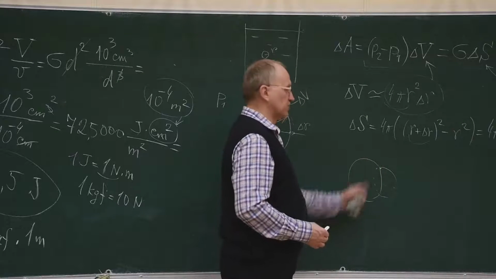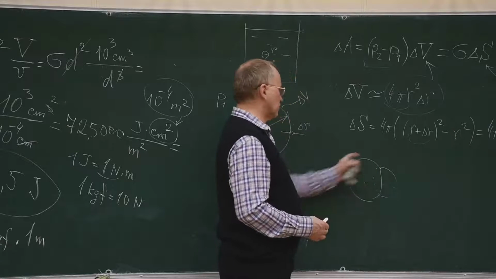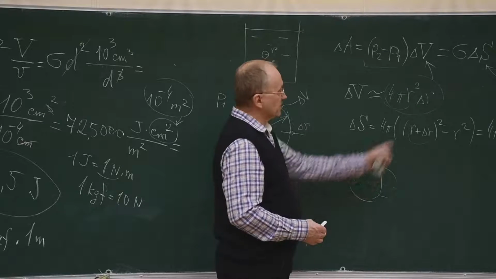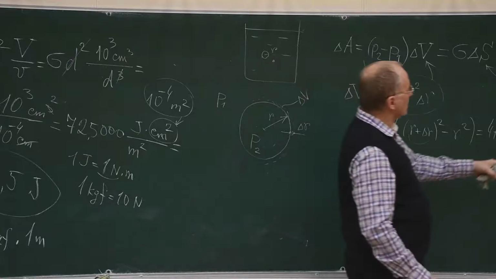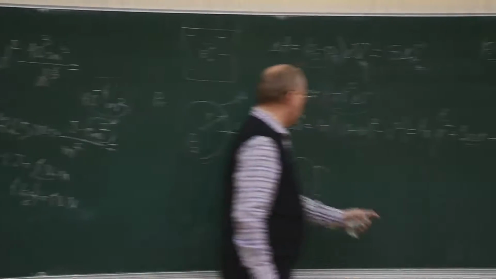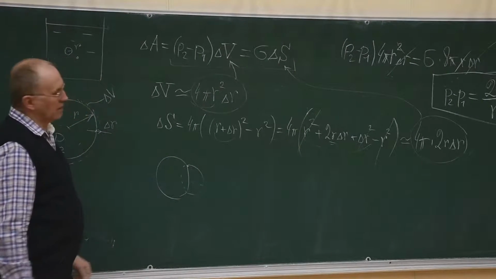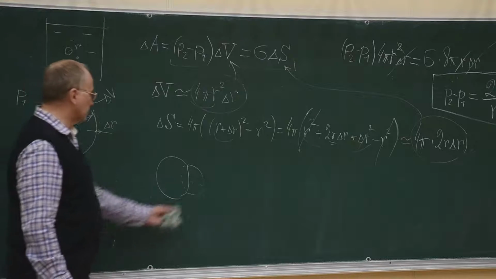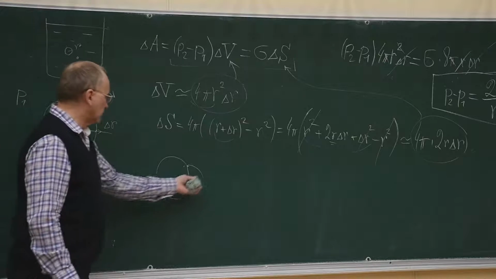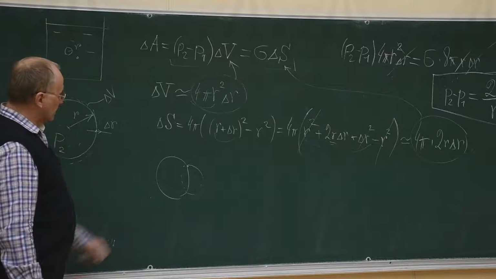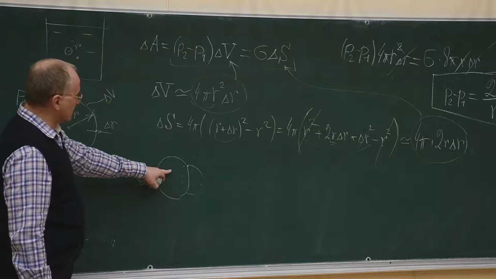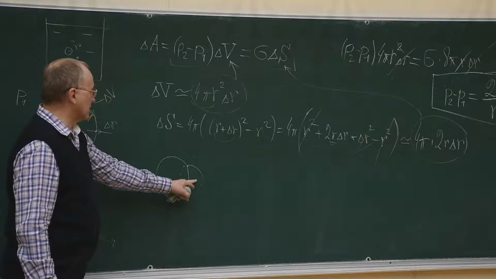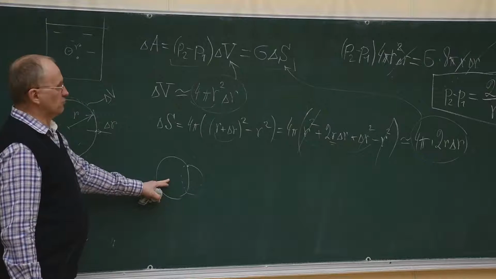Each bubble has a surface, and there is a surface energy and surface tension on the surface of each bubble. And so the same considerations which we described and discussed above are applicable to the soap foam, and the bubbles in the soap foam. And so the pressure inside the bubbles is larger than the atmospheric pressure, and the pressure in a small bubble is larger than the pressure in a large bubble. And all these